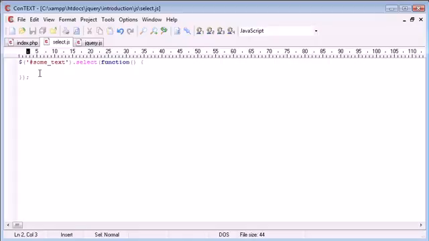So obviously this is just an example. We're going to reference sum_feedback, which is our span, and we're going to apply some HTML to this span using the html jQuery function. So inside of here we can just type